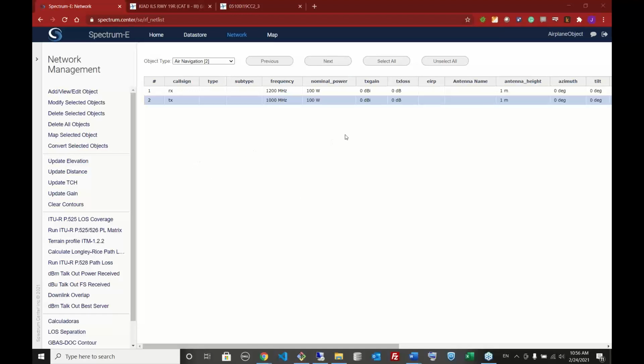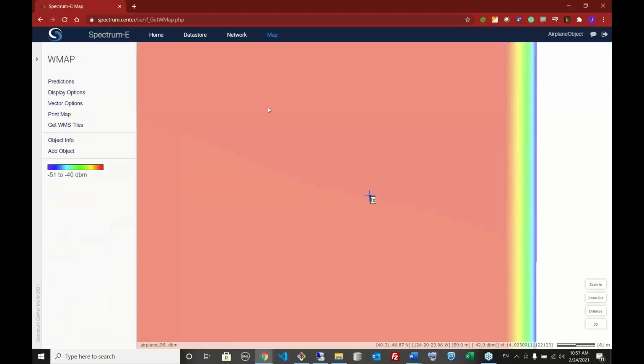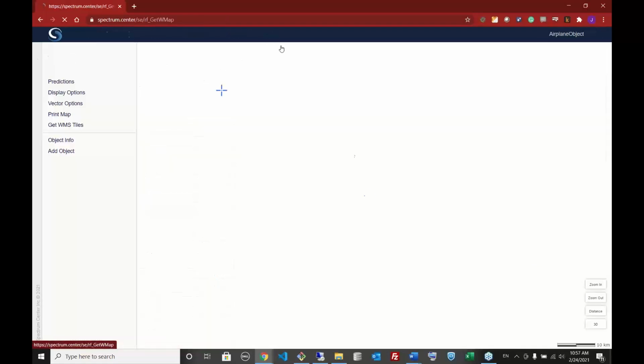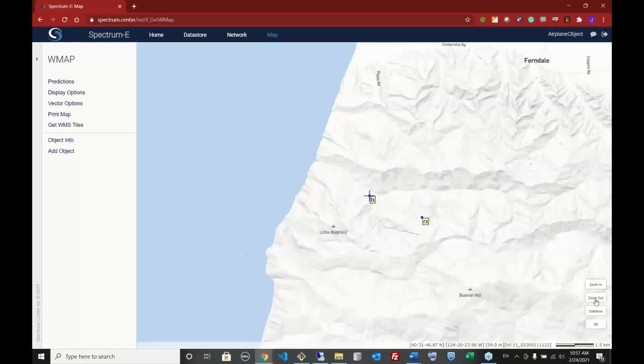Right. So, showing my screen now, I will be showing coverage analysis for the models that Daniel was just speaking about. As you can see here, I've got two objects. I'm going to be using the lower one, labeled TX, to demonstrate a coverage for this object, and I'm going to remove the one that is on the map right now. I'm going to zoom out so you can see the area